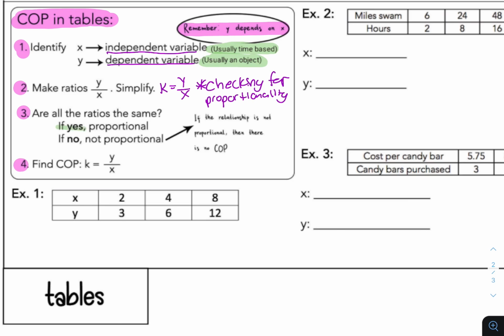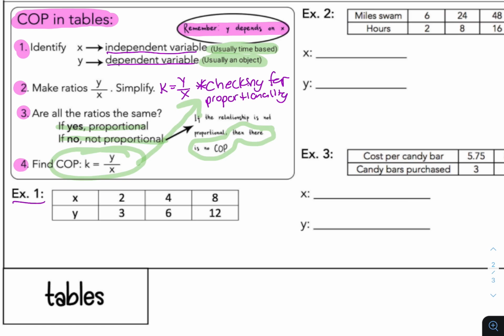So here, if yes, then we're good to go. If no, then you know there is no constant of proportionality. Last but not least, find the constant of proportionality. But really, you're doing that in this step where you're checking. All right,